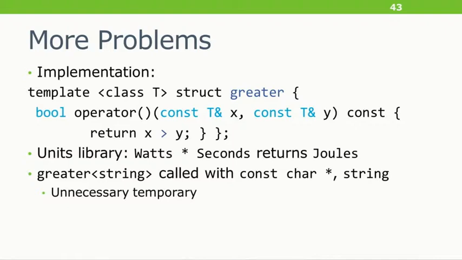Or imagine that I'm comparing things that the STL will work with, but inefficiently. If I call greater of std::string with a const char* on one side and a std::string on the other, because the signature takes const string&, that'll construct a temporary. Because like I said, C++ is all too willing to construct temporaries for you. It wants to help you. It wants to say, hey, you wrote some code, I'm going to compile it for you. Yes, I'm a good compiler. And yet that's inefficient because we could just compare the thing in place.